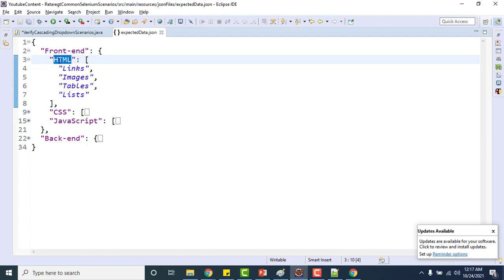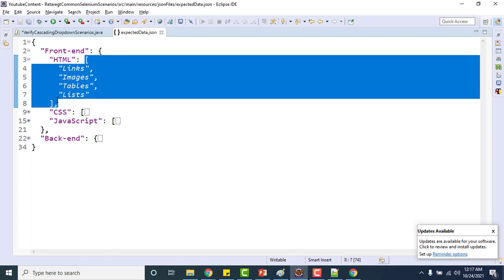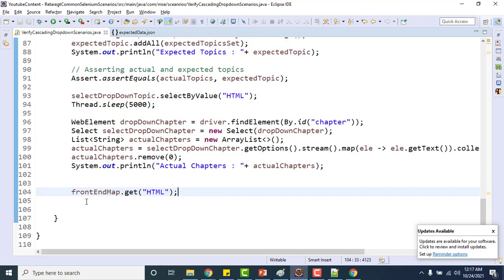Here HTML is containing one array, right? So this can be converted to a list, an array list. I can cast it to one array list, so it will return me an object, the HTML value.